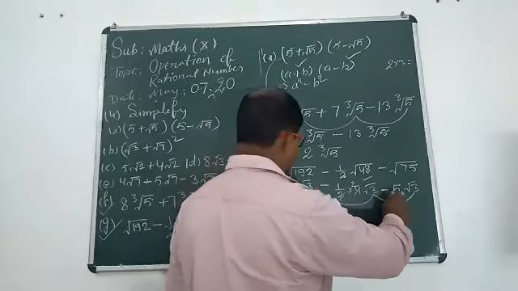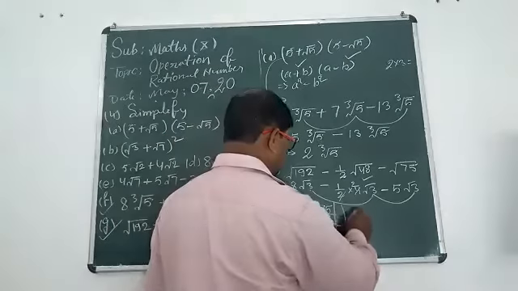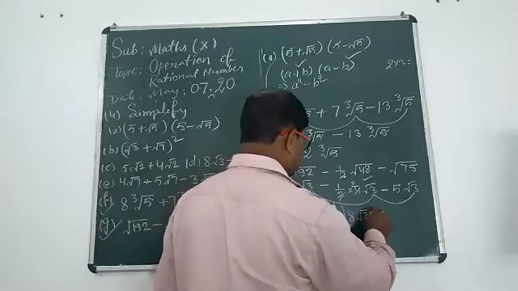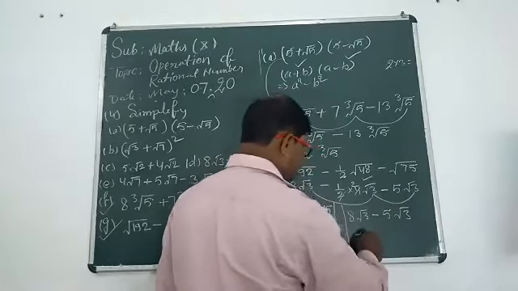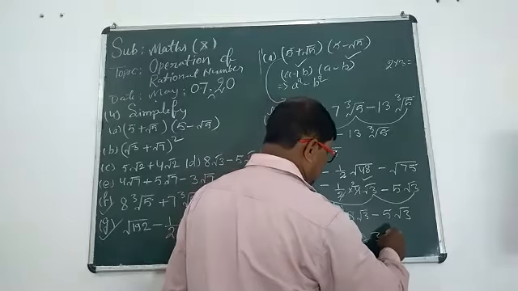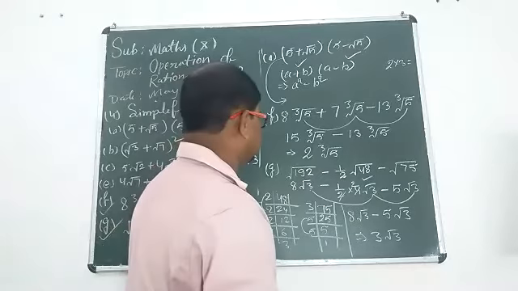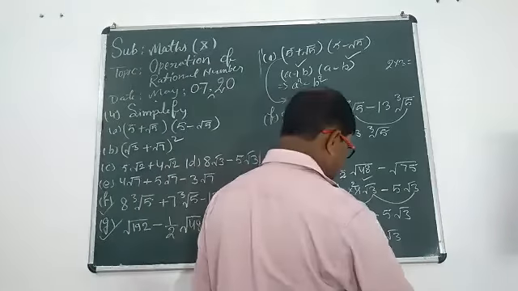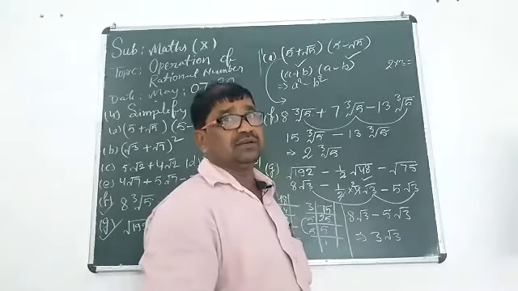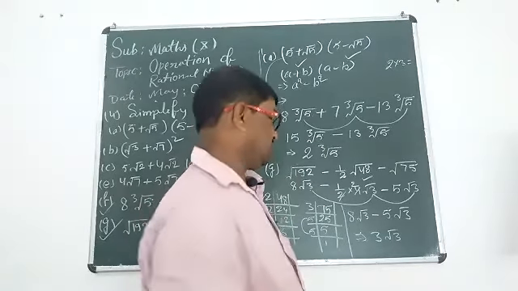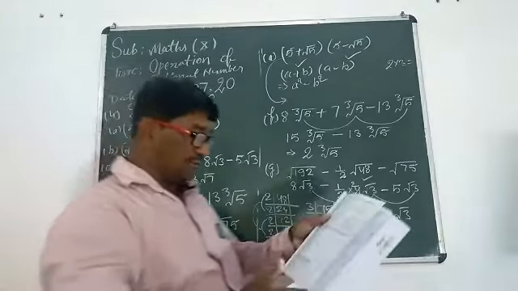2 under root 3 and 5 under root 3, they are in negative form. So first of all, you will write 8 under root 3 minus 5 under root 3. Now solve it. 8 minus 5 is 3. 3 under root 3. That is your solution. If you want to write it in its complete surd, then 3 3 is 9, 9 3 is 27. Okay. Thank you. In this way, you should try to solve this type of question.